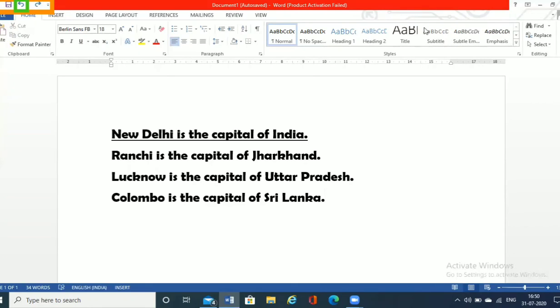Where is the redo command? Purple in color, everyone, at the left hand side top corner of the screen. This is the redo command button. If I click on this redo, New Delhi automatically changes into red color.